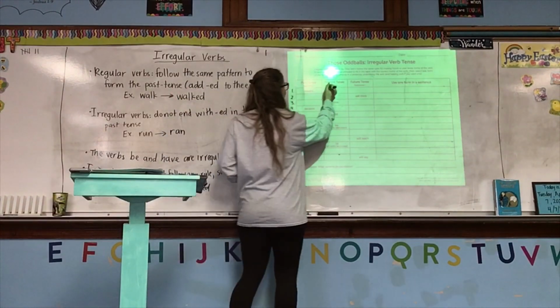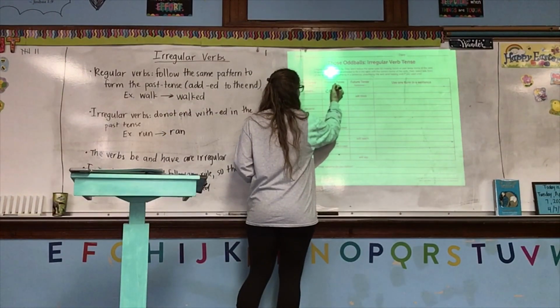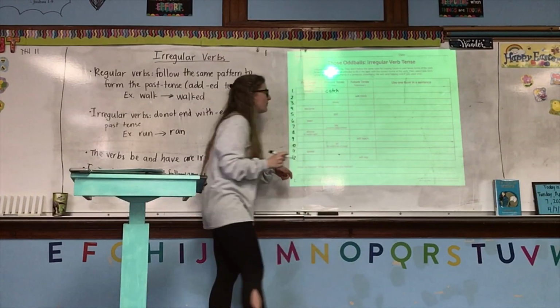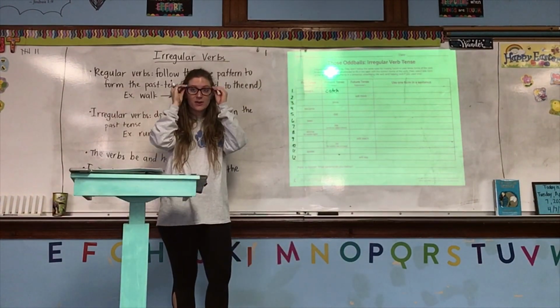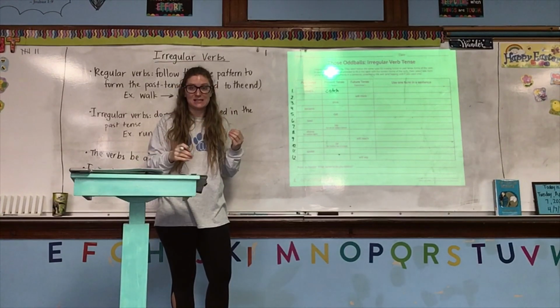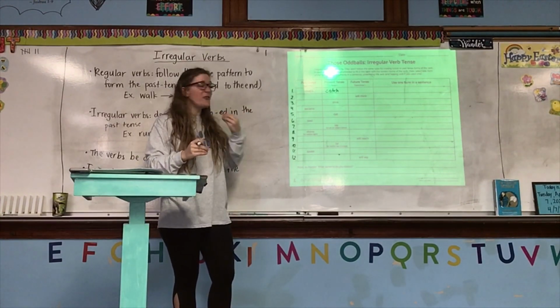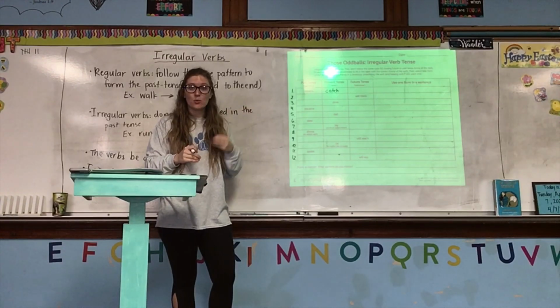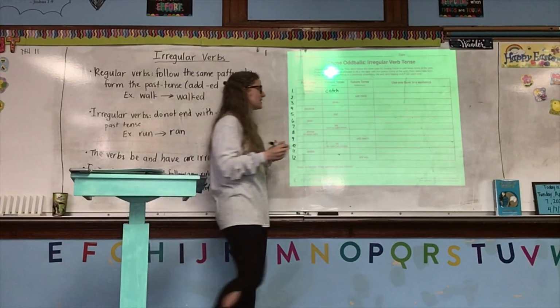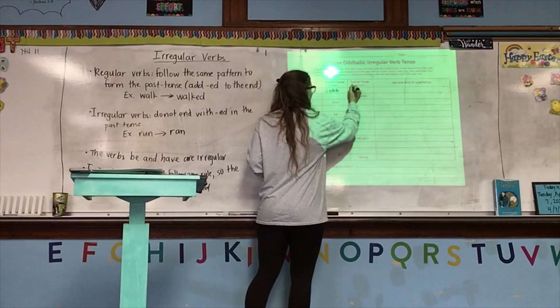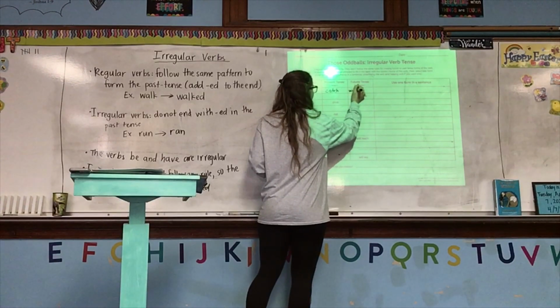Correct. It's catch. And we know irregular verbs only change in the past tense. In the present tense, they are in their base form. In the future tense, we just add the word will before the base verb. So, tomorrow I will